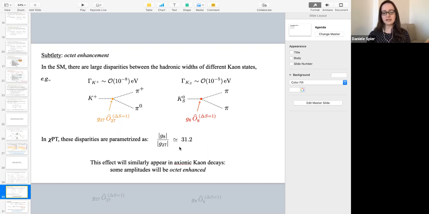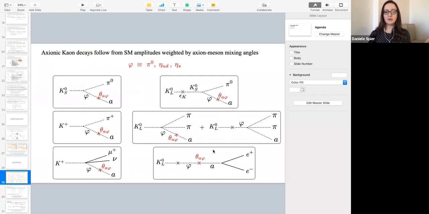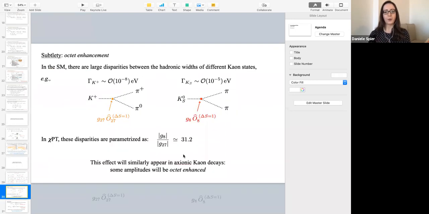And of course, this is going to play a role here because in the same way that this amplitude is octet enhanced and this one is not, we'll have an issue here that some of these amplitudes will be octet enhanced and others will not. Okay, that's yes. I'm sorry, but returning back to what Maxim asked,